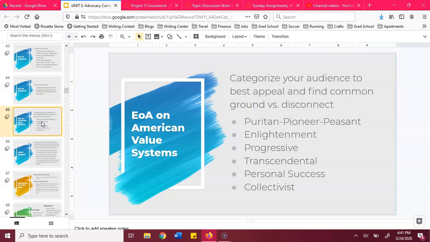Making assumptions about your audience is one really dangerous side effect of this project. Rather than thinking about how you are similar and different, if you only come down on one of these or focus more explicitly on one area, it's going to be more difficult for you to be successful with them. So as you look at these different value systems, starting to categorize your audience and figure out where they lie in this issue is going to help you in your argument as well.